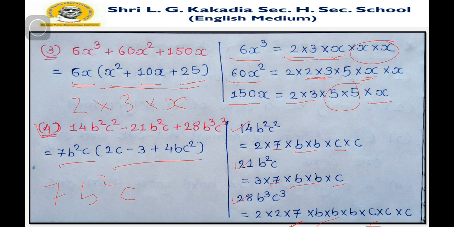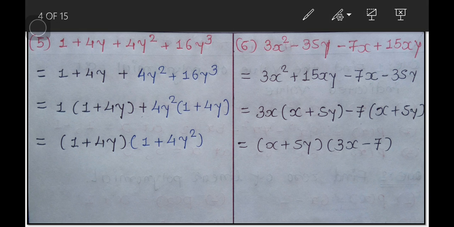Now one more example. Here you can see that in this polynomial there are more than 3 terms. Then how can we find the common factor from each of the terms? In the previous example you could find a common factor easily, but here some factors are not common to each term. So first we arrange it so that we can find a common factor, by putting the terms in groups.